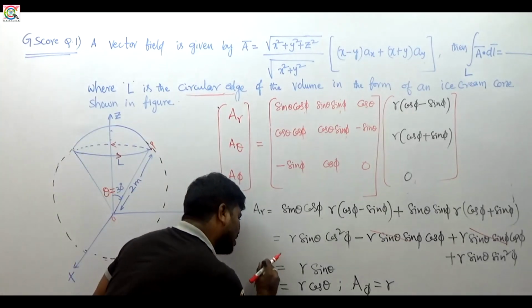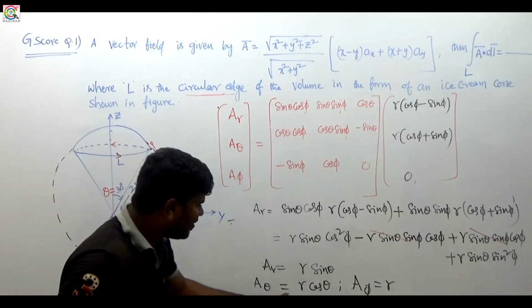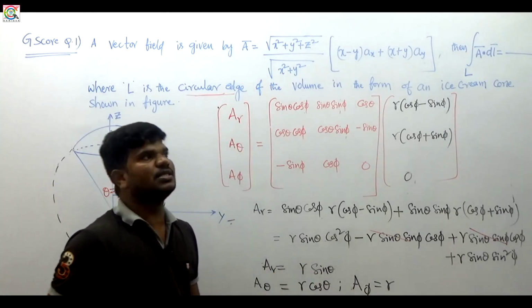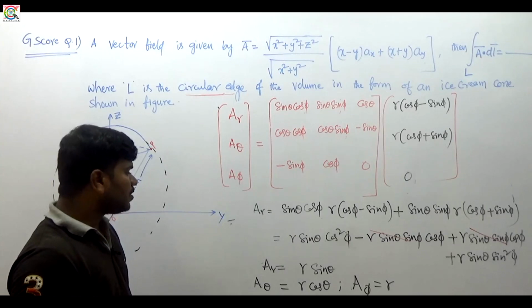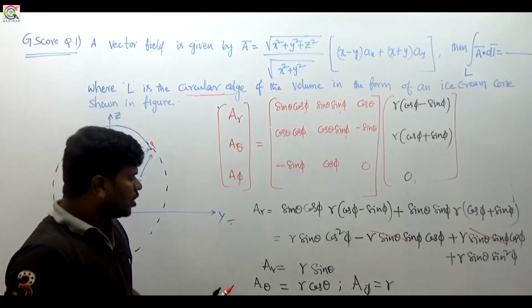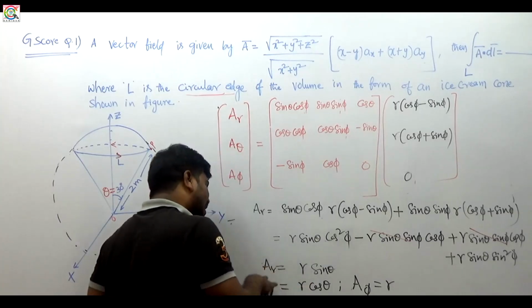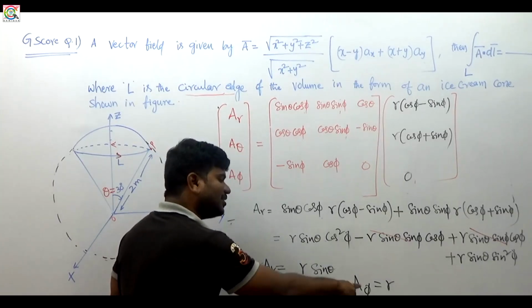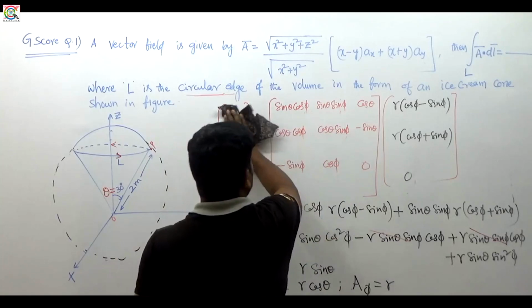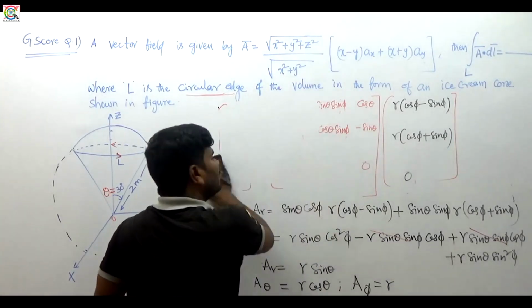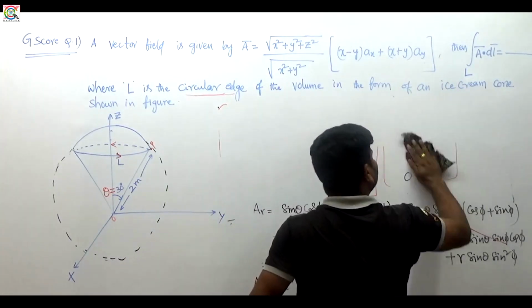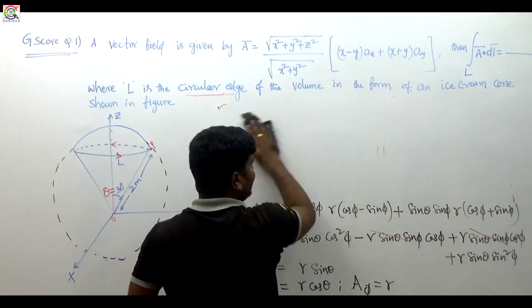Its A_r value is r sin theta, A_theta value is r cos theta, A_phi value is r, right? So this is the vector. These are the components along the r direction, the component along the theta direction, and the component along the phi direction. Now the resultant vector in the spherical system is...